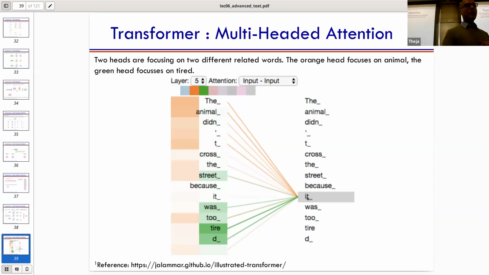But now you can see that for one attention head, while computing the "it" word, transforming it and looking at which other words' value vectors influence it, these words seem to be important: "The animal". And for the second attention head, it looks like "too tired" was trying to influence the representation of that word. The values for those words are being highly weighted.